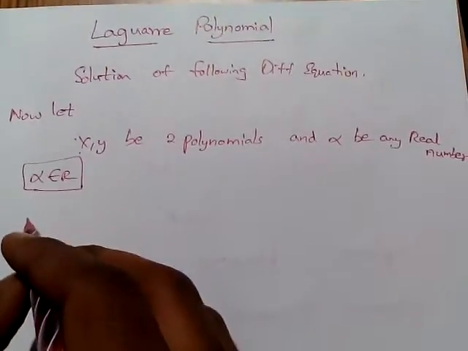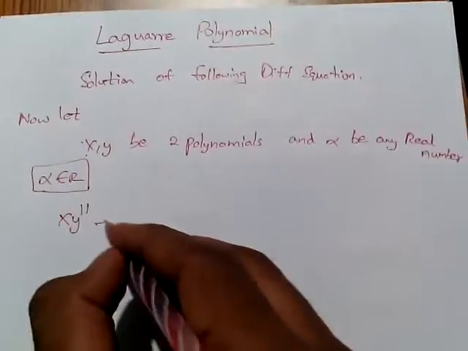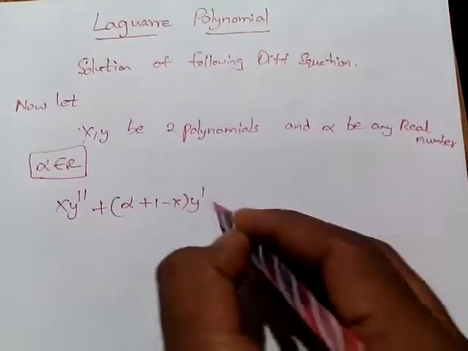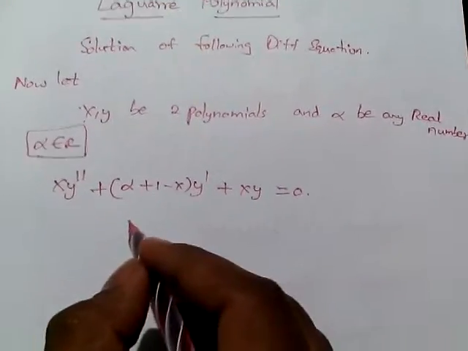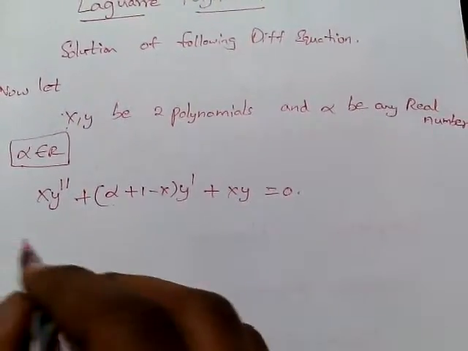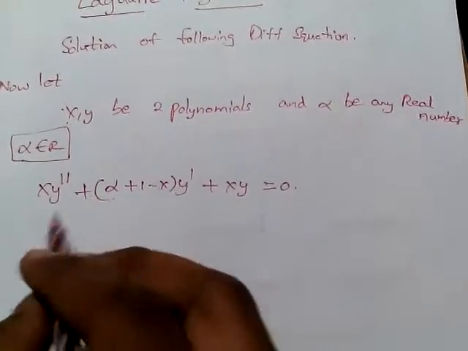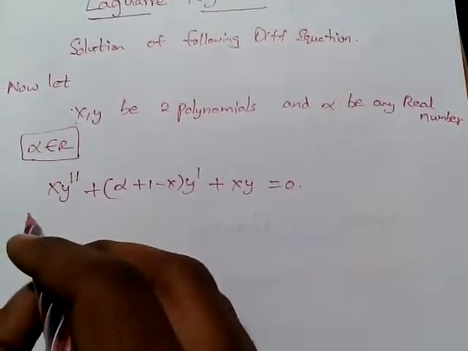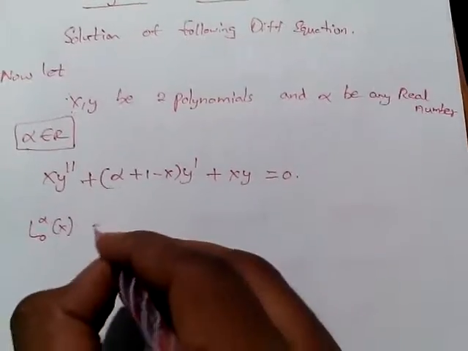Now the differential equation will be like this: x y double dash plus (alpha plus 1 minus x) into y dash plus ny is equal to 0. In the generalized Laguerre polynomial we can put alpha is equal to 0. Now the solution of this differential equation is the Laguerre polynomial. Now the solutions when we put some values of n, it is like this: